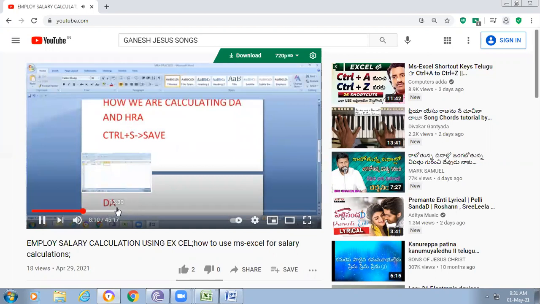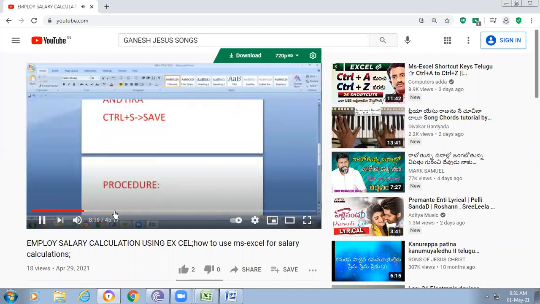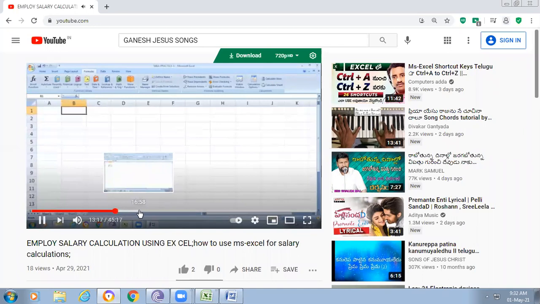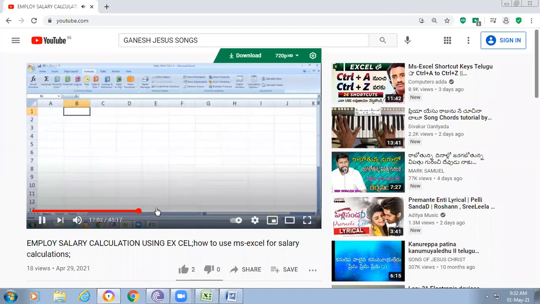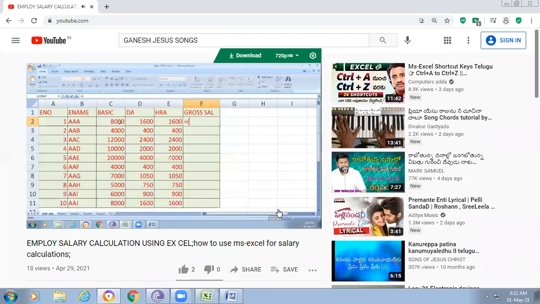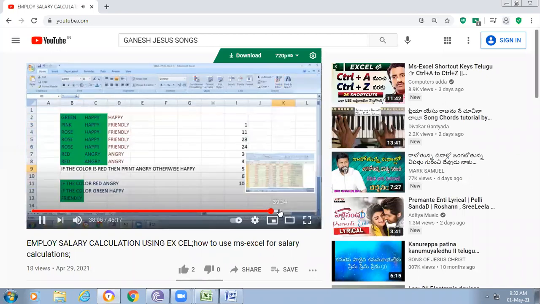Another thing is that this subject does not have an external exam, just the internal exam, and that exam is also conducted by me. So don't worry, anyone. If anyone is not able to understand even from YouTube, you can contact me personally also. I am already giving my number. If you want my number, you can directly call me now. I will try to explain if you still have any type of doubts.